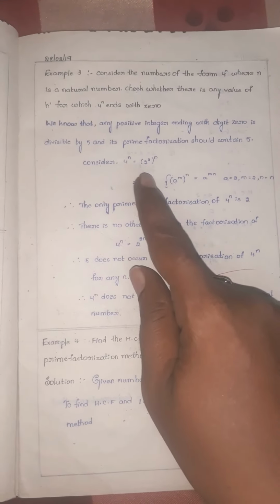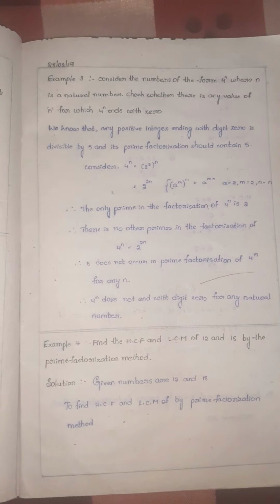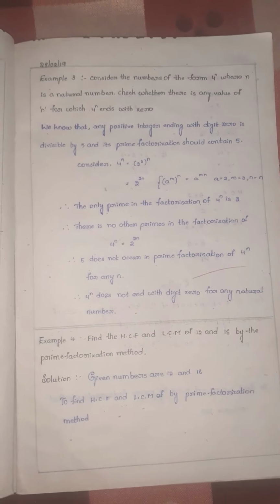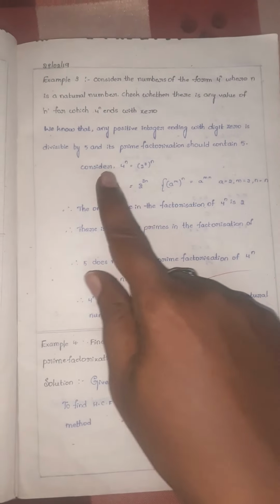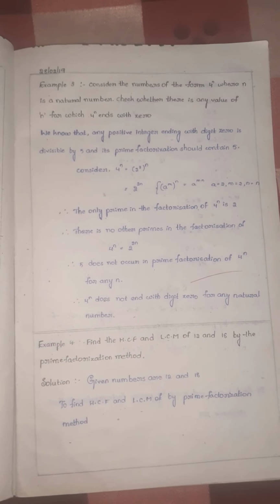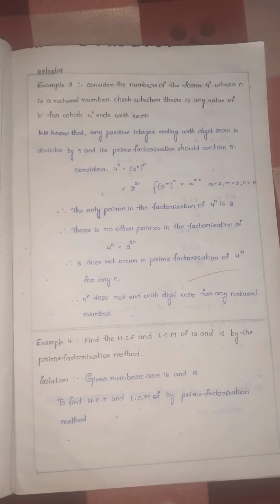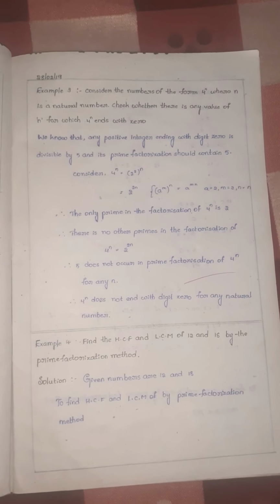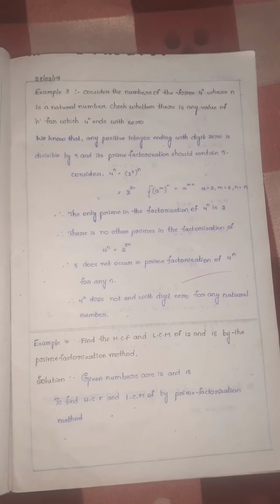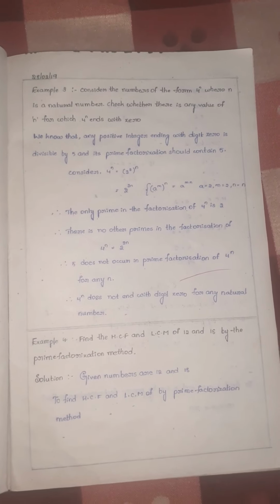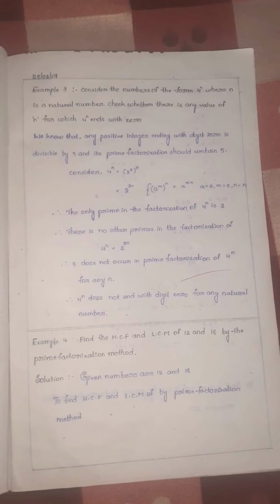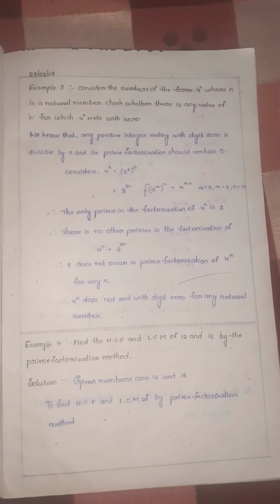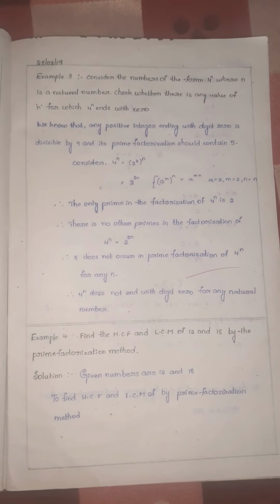Why? Because if you take any value, n value 1 if you are taking, natural numbers he has mentioned, natural numbers start from 1. So in place of n, if you keep directly 4 power 1, that is 4, not ending with 0. 4 square, if you are keeping n equal to 2, 4 square is how much? 16. 16 is not ending with 0. 4 cube is how much? 64. Not ending with 0. 4 power 4 is 256. So either 4 or 6 ending numbers come. So it is not ending with 0. In that way also you can express.